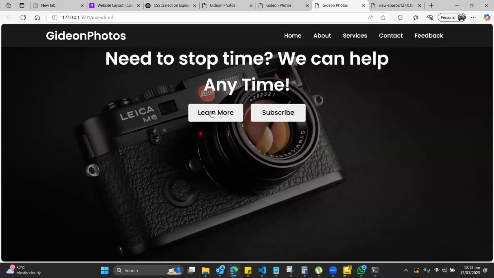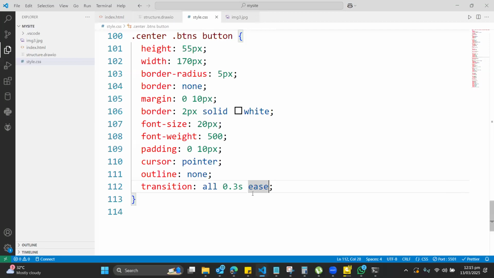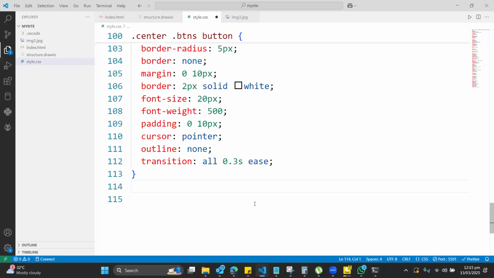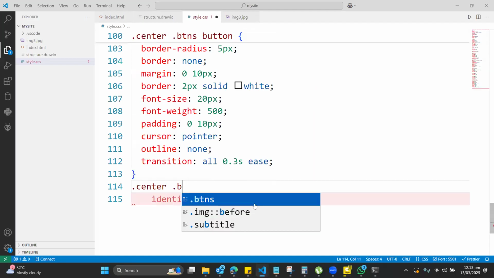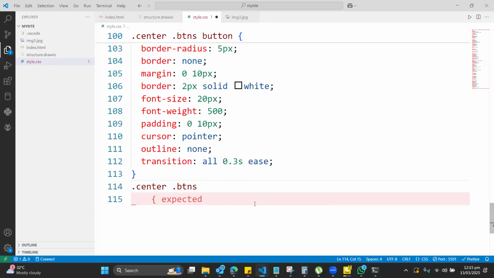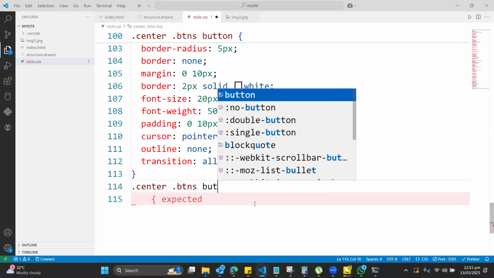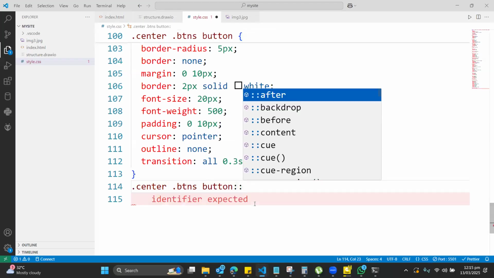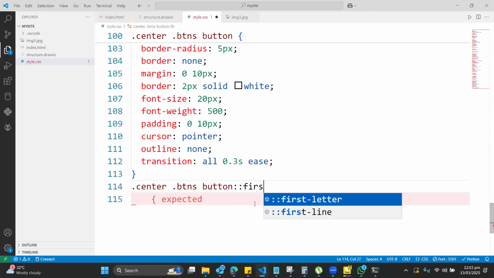Now, when someone puts the cursor on the button, some things need to happen. So I'm going to tell the computer, when we get to the center, when you click on the buttons, when you choose the button, the first button, so the first child,